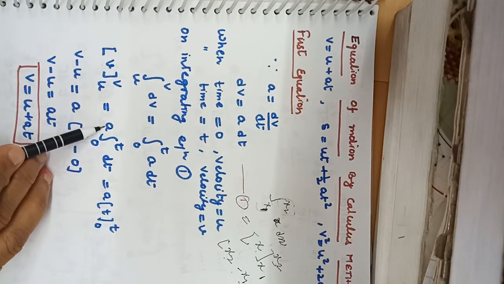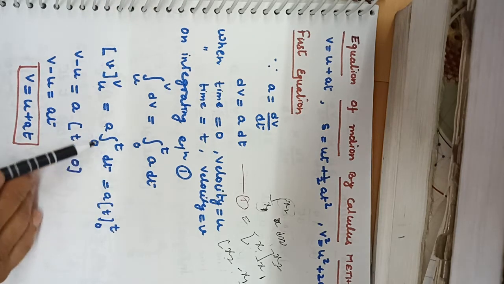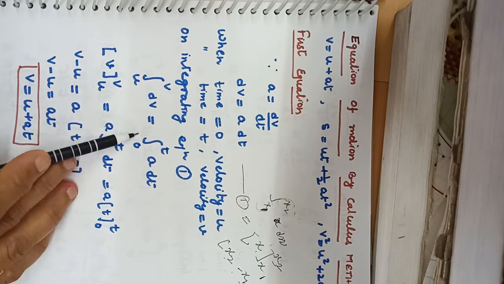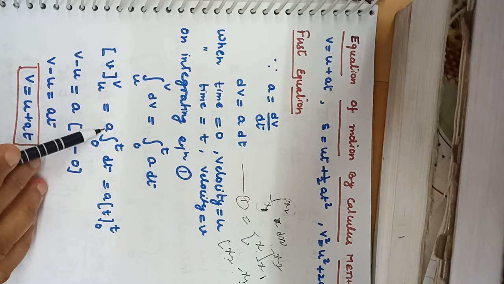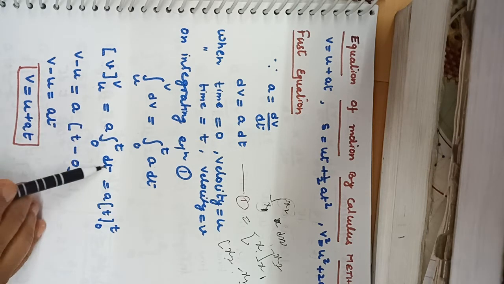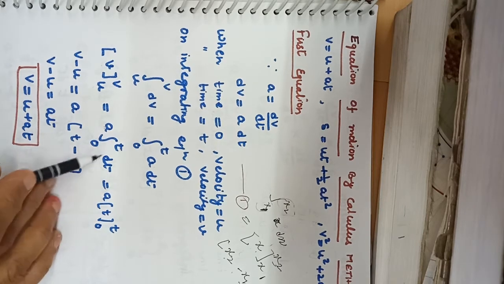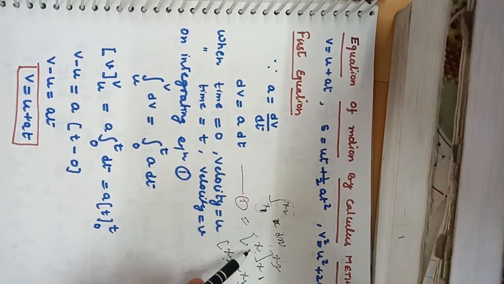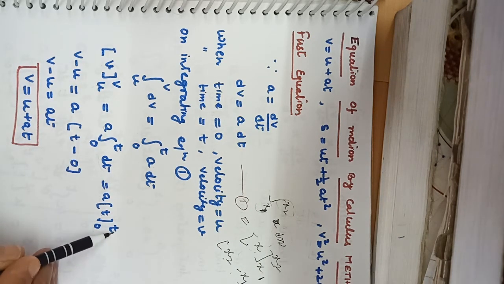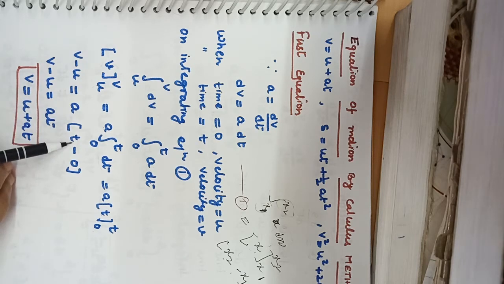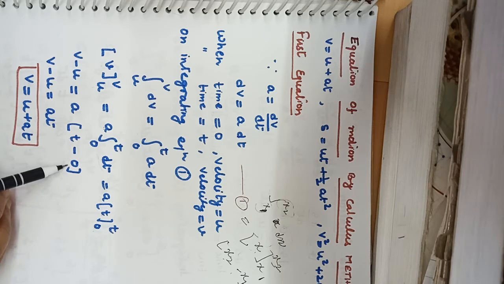Similarly, a is constant because this is the instantaneous acceleration, which is constant for a short interval of time. That is why a is constant. Take it outside. Always a constant quantity which is not varying with time will be taken outside the integration. So you will be getting the integral of dt from 0 to t, and a is common. What is the integration of dt? Like integration of dx is equal to x, integration of dt is equal to t, with limits 0 to t. Now apply the limit for t also: t upper limit minus t lower limit.